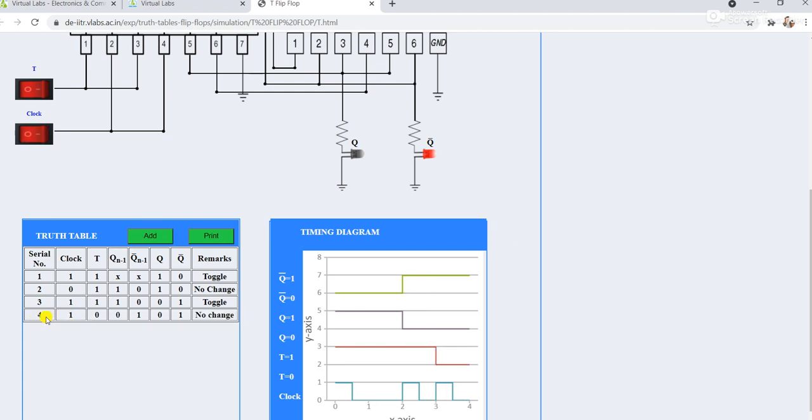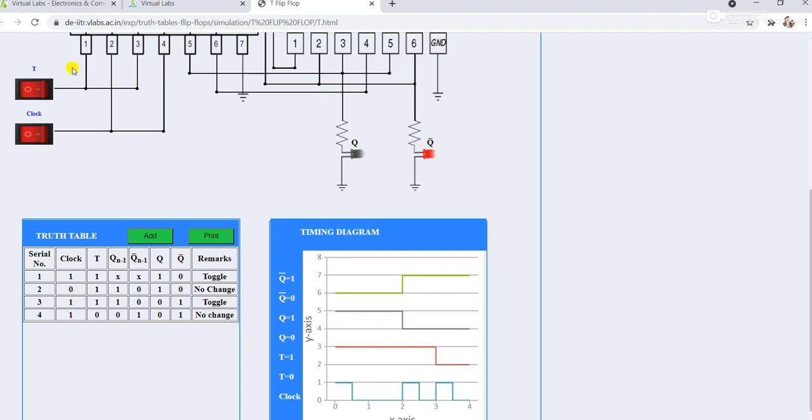So this serial number 4, your clock is high, value of T is 0. In previous state, in serial number 3, your states were 0 1. Q was equal to 0, Q bar was equal to 1. So 0 1, clock is high, T is equal to 0. It means no change. So same values will be available at the next output, that is 0 1.